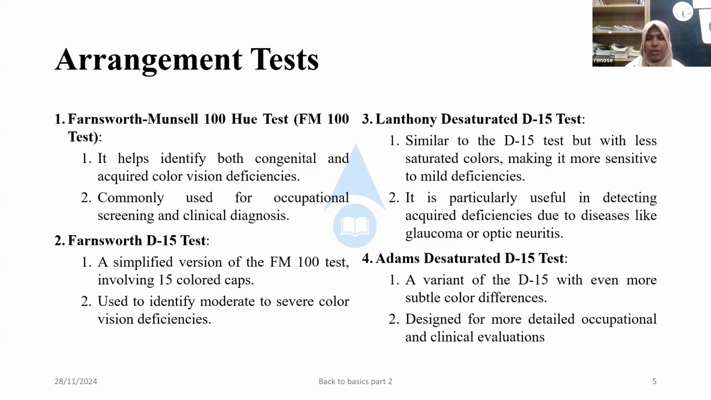Last one, the desaturated D15 test, similar to the D15 test but with less saturated colors, making it more sensitive to mild deficiency. It is particularly useful in detecting acquired deficiency due to diseases like glaucoma or optic neuritis. The desaturated D15 test is a variant of D15 for even more subtle color deficiency, designed for more detailed occupational and